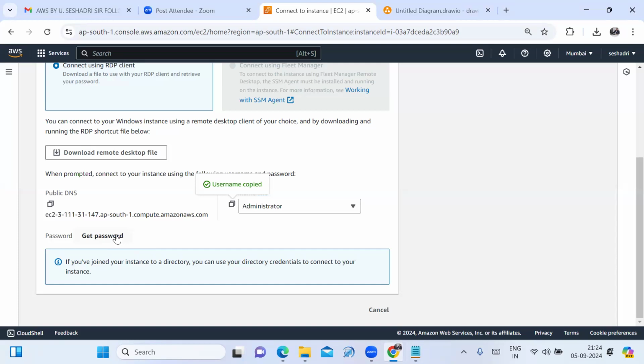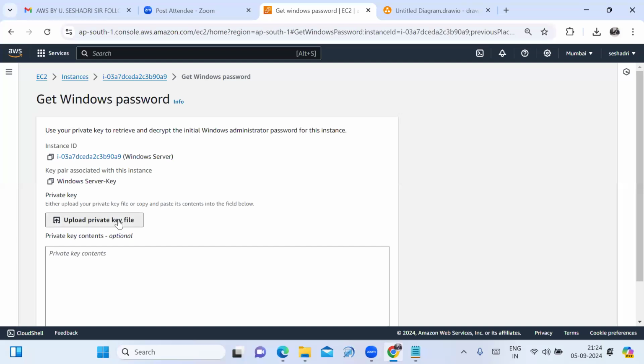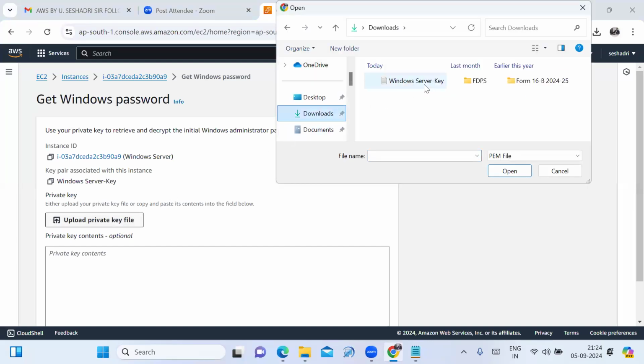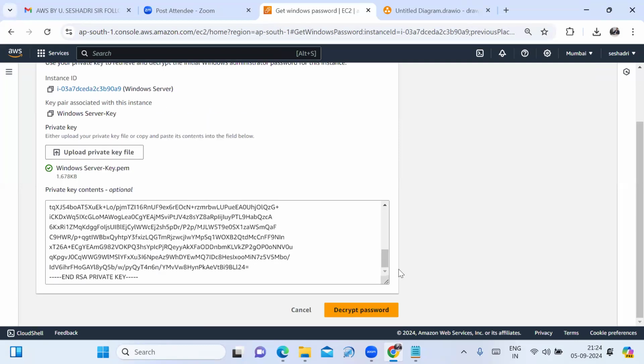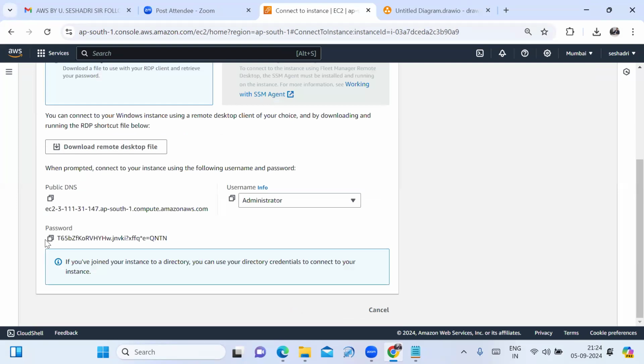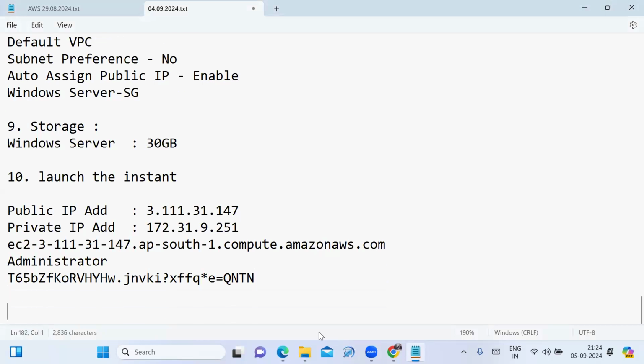I can click on the get password option, then you can upload the private key file. In my downloads, the PEM file is there. We have to select that PEM file, click on open, scroll down, and click on decrypt password. Then you get the password. Copy your password and paste it here in the notepad, for noting purposes.